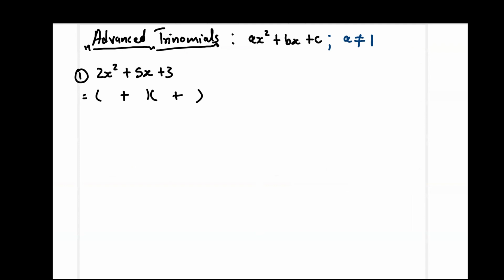Now, the fortunate thing again about this is that the coefficient of x squared is a prime number. So 2 will have only 2 factors, 1 and itself. So you don't have much options. You just have 2x and x there. So 2 and 1 in other words. So now you got to think about where or how you're going to place the factors of 3. You can't just place them anywhere as in the previous type, okay? You got to think, if you're going to put a 3 here, then you got to think of the fact